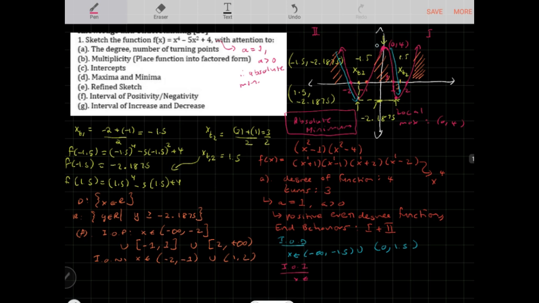And interval of increase, x belongs to, and you can check out this portion here and this portion here, negative 1.5 and 0, and 1.5 and positive infinity. Okay, so that's your interval of increase and interval of decrease, associated with the slope of the secant. And that's basically our analysis of this function f of x is equal to x to the power 4 minus